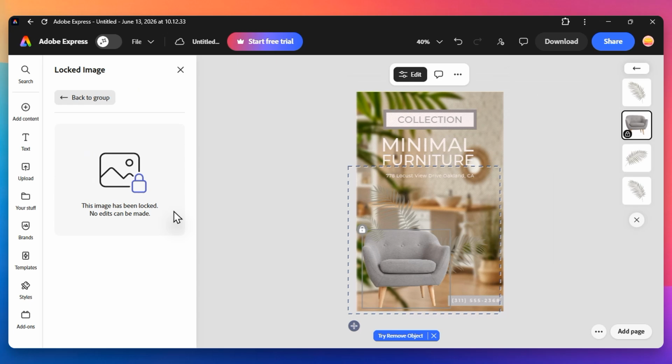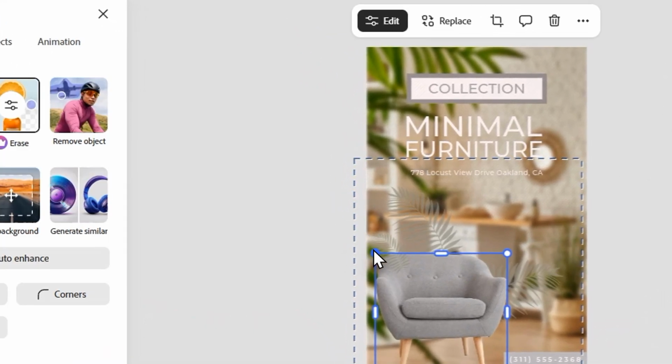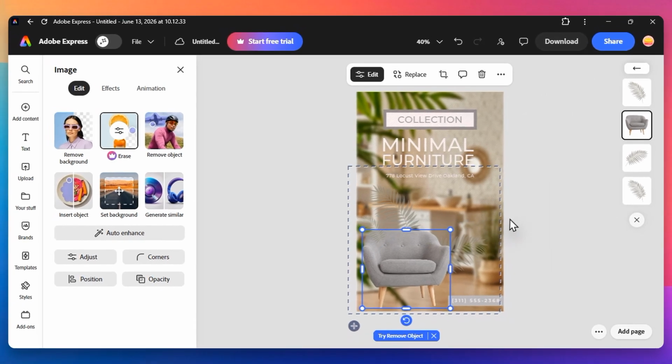As soon as you click it, you will notice a small padlock icon appearing on the border of the object. This visual cue confirms that the element is now fixed in place. While it is locked, you will not be able to drag it, resize it, or change its layers until you decide to unlock it again. This is incredibly helpful when you have a background image that needs to stay still while you fine-tune the smaller details on top of it. If you ever need to make changes later, you can simply